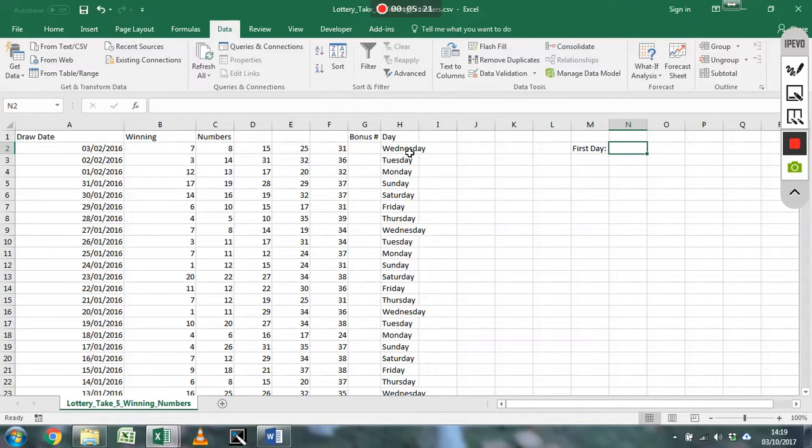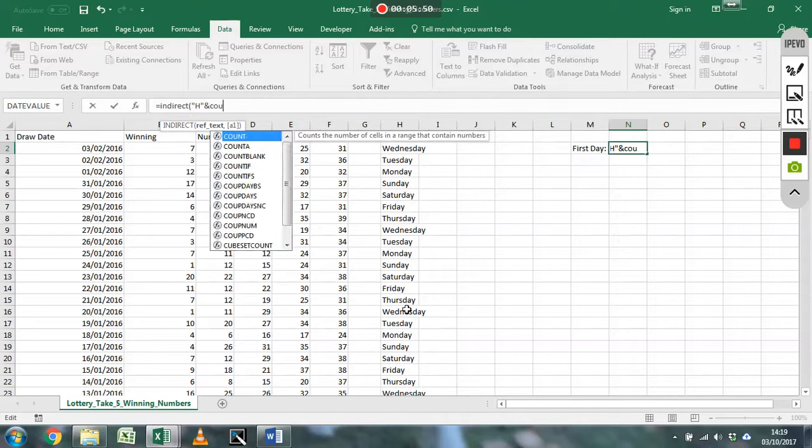So in my column where I'm going to put the answer for the first day, I'm going to say equals indirect. There's more than one way of doing this. This is just my way that I find quickest. I know I want to be in column H because that's where my days are. In quotation marks. Ampersand. Which row do I want to be in? Well, I want to be in the last row, so I want to know how many rows of column H are filled in. So count A,